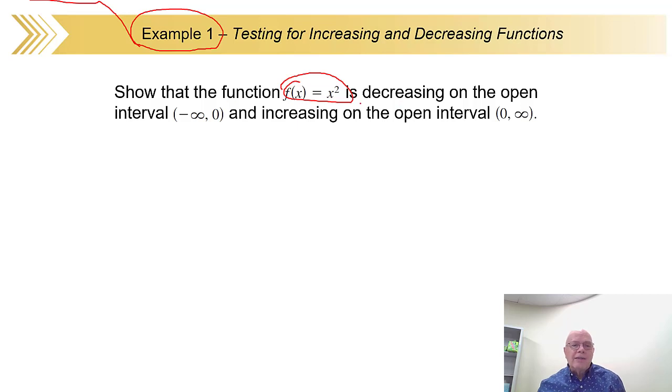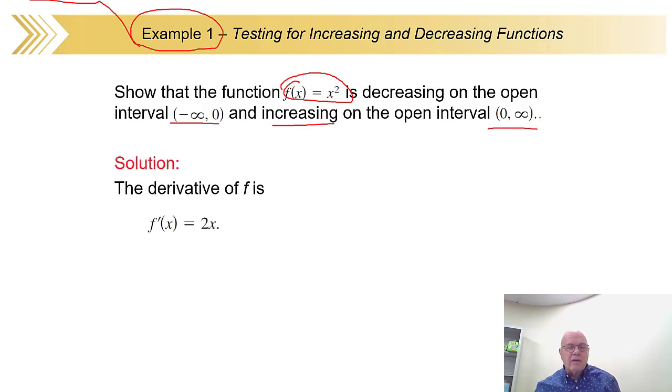We want to show that it's decreasing from negative infinity to 0 and increasing from 0 to infinity. So we start by taking the derivative of the x squared. Remember what the function is up here. Take the derivative,